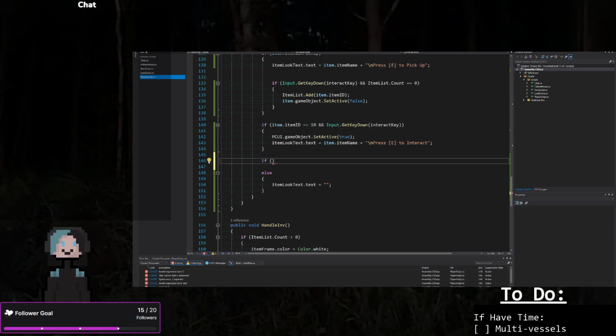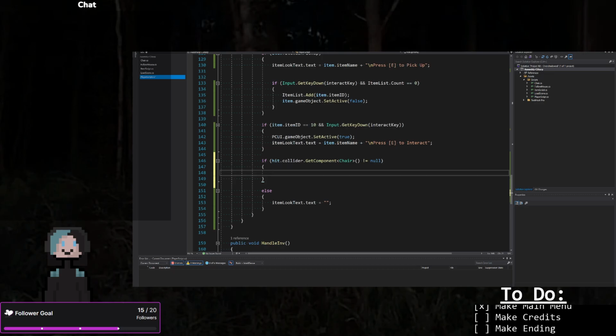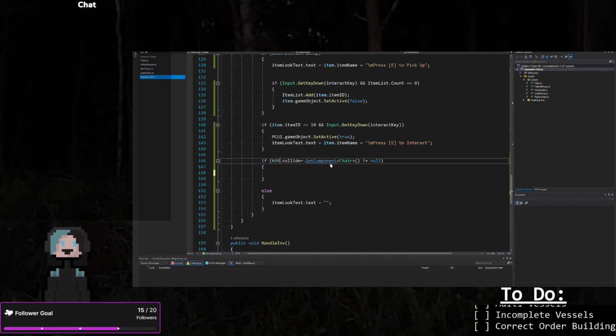If hit.collider.GetComponent chair is not null, then